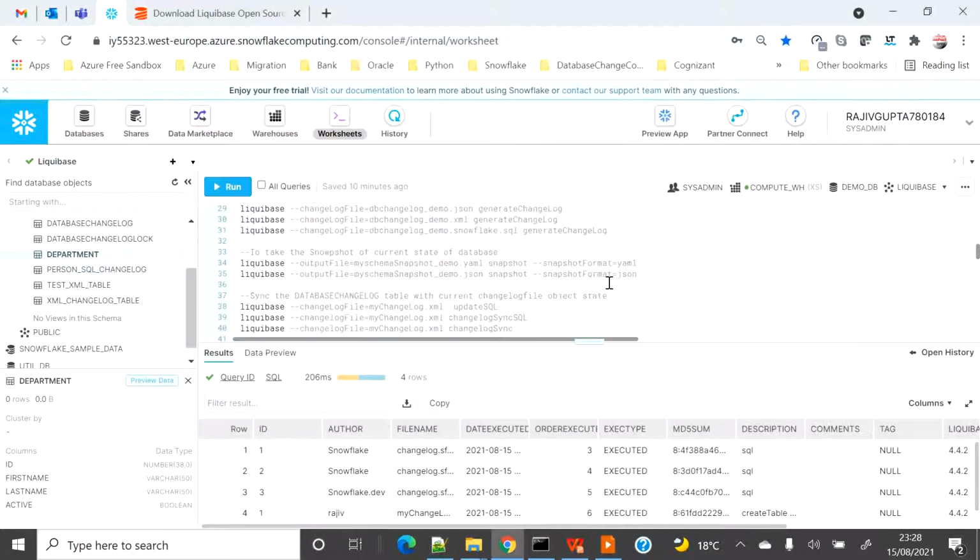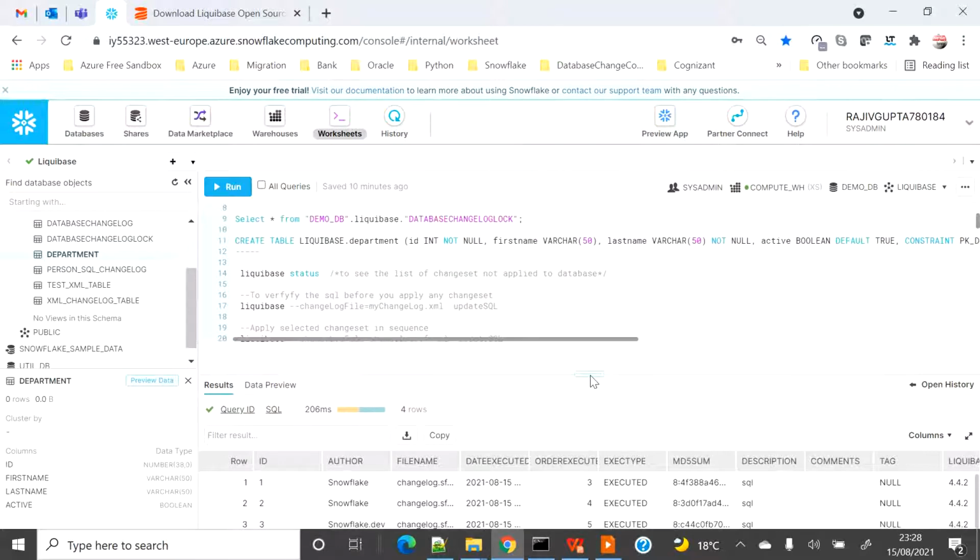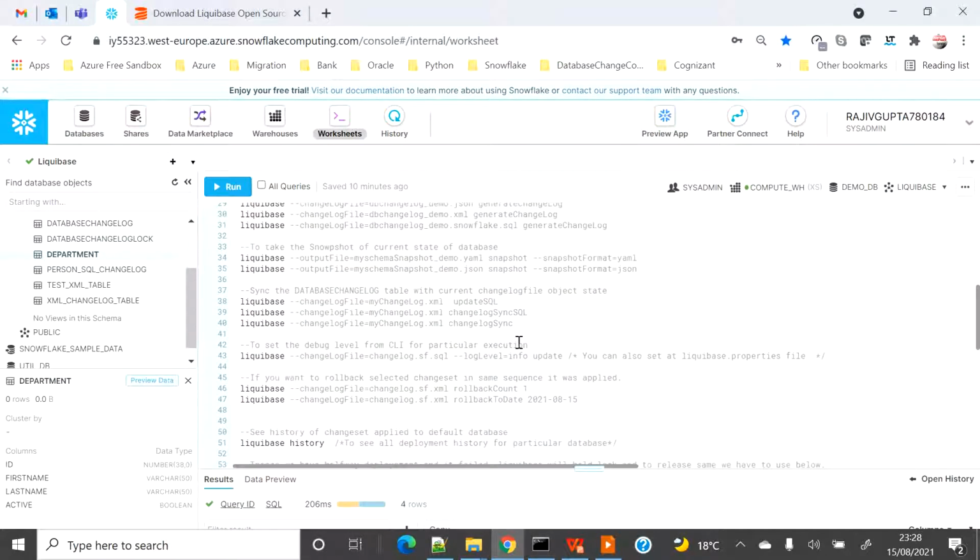So these are a few of the statements, a few of the demos which I showcased to you, but there are a lot more syntax and more case-specific syntax. I'm not able to showcase each and every statement, but I have highlighted a few of the important or regular statements which we are going to use on a daily basis. But you can go into the documentation. There are a lot more statements.